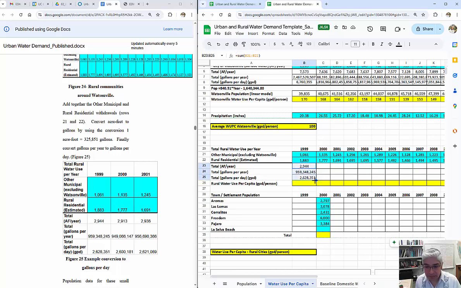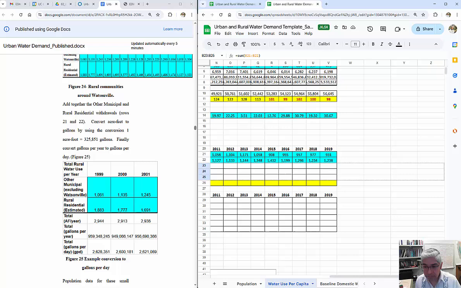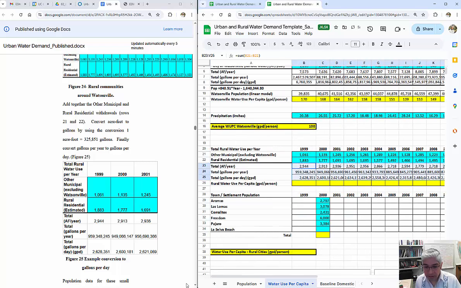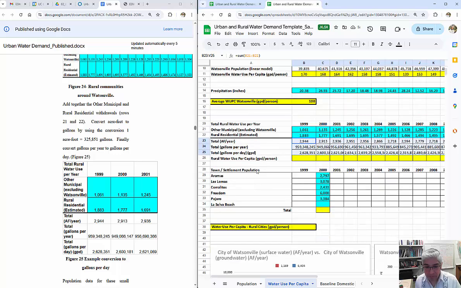Once we have these three, then ta-da, we can calculate this. Now, water use per capita is kind of tricky because here the population